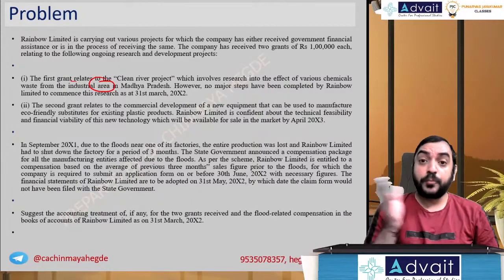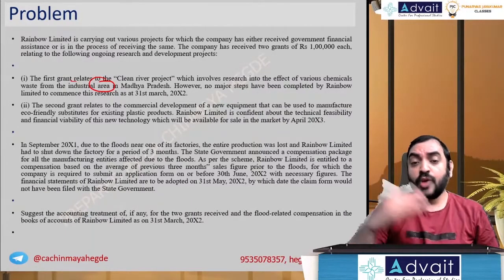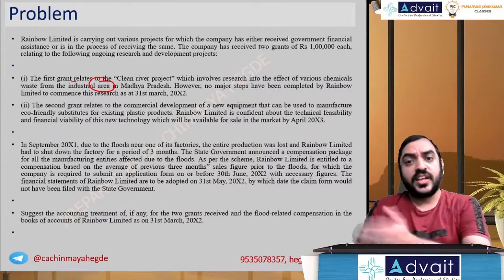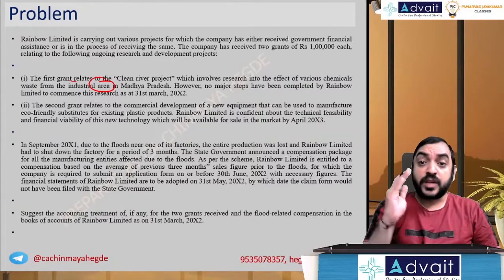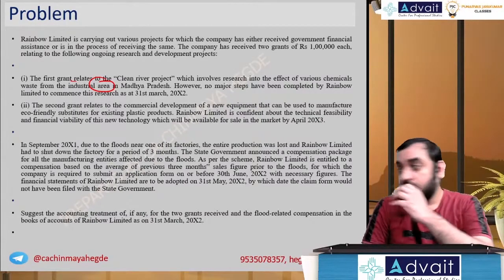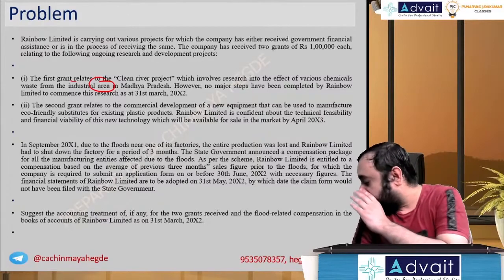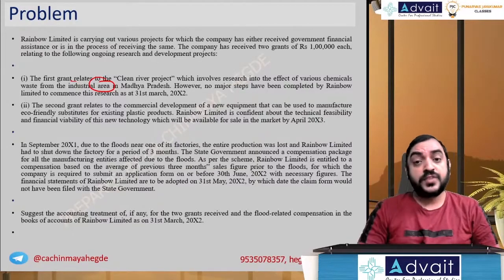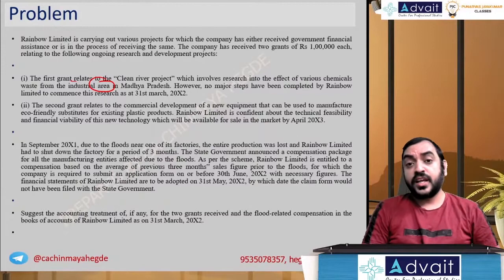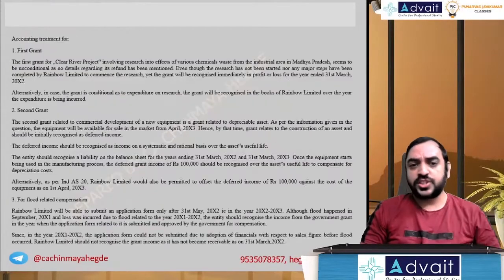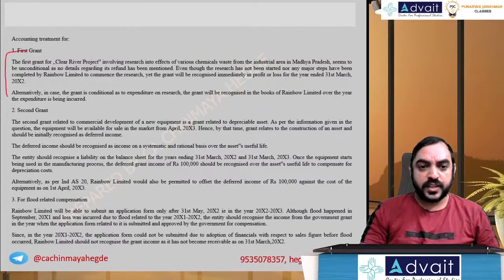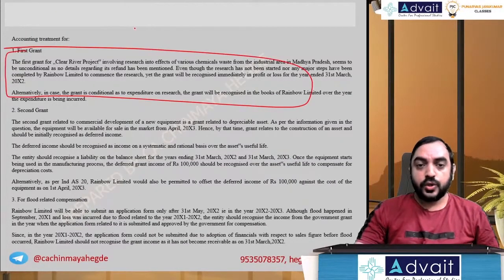If the government put conditions that you have to complete this much of stage, then only you'll get the grant. If some conditions are attached, then you would have been told. If some conditions were there, then only after satisfying the conditions should it be recognized. But it seems no such conditions. So first part of the grant, write down those words in exam. Seems no conditions